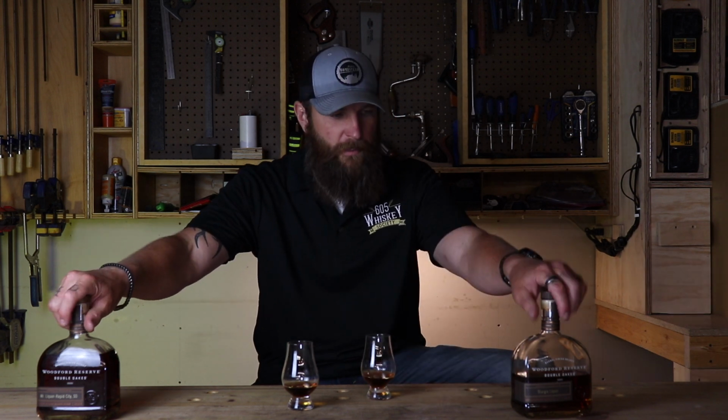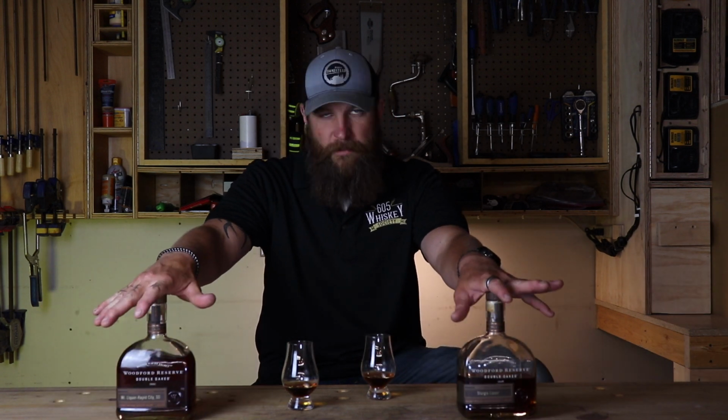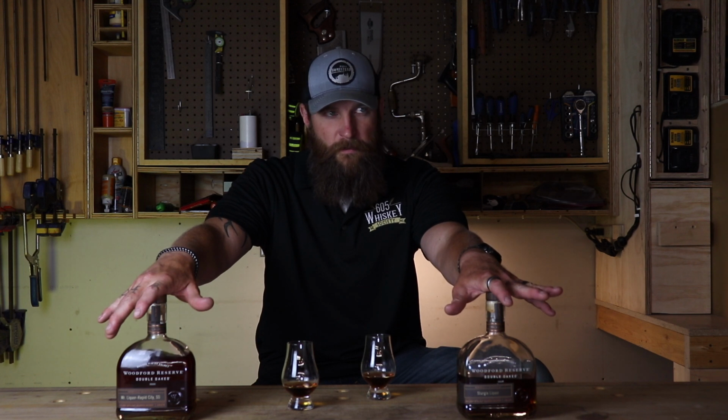This one on the nose is not nearly as sweet. I'm getting a little bit more rye spice out of it. Now, speaking of rye spice, it should be said that obviously these are the same mash bills. I believe it's